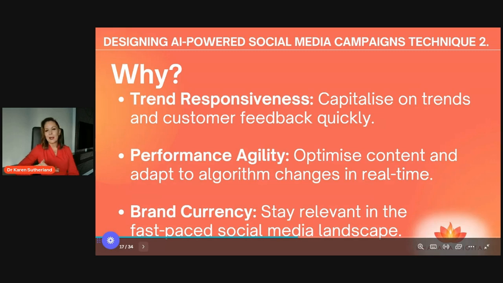And as I said before, it helps to keep your brand current. You can always have your evergreen content or the content that you've planned ahead for, but you need to jump on things when they're happening, because that's where you build trust, and you're seen as someone who people can turn to as a valuable source of what's going on.